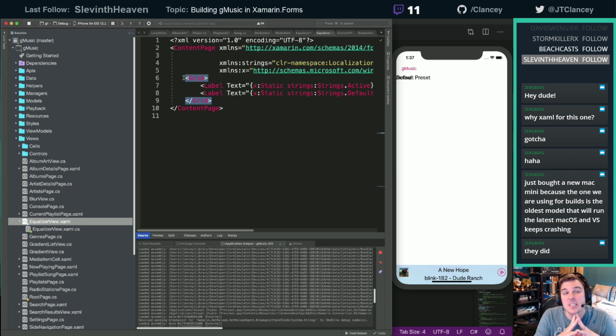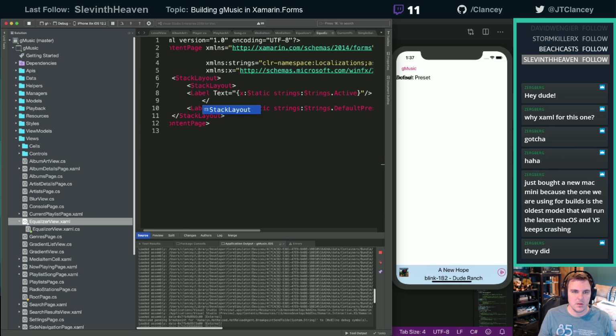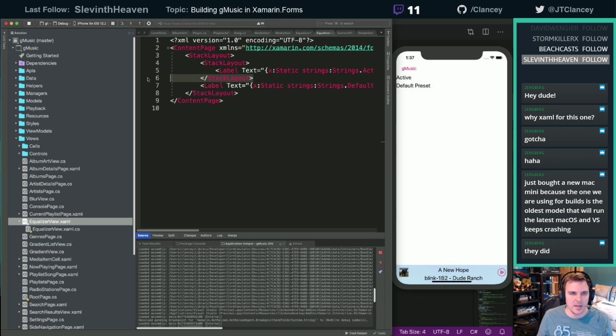I was just thinking maybe if we did stacks, we told the top two, let's do this as a stack. All right, and then we'll do stack layout. And we will end it here. I'm just trying to think of the exact layout I want and what the easiest way to get that is.